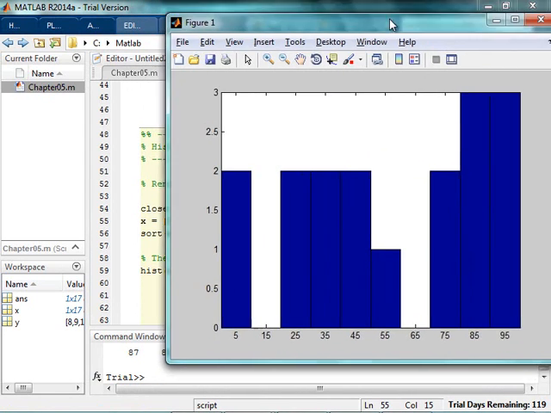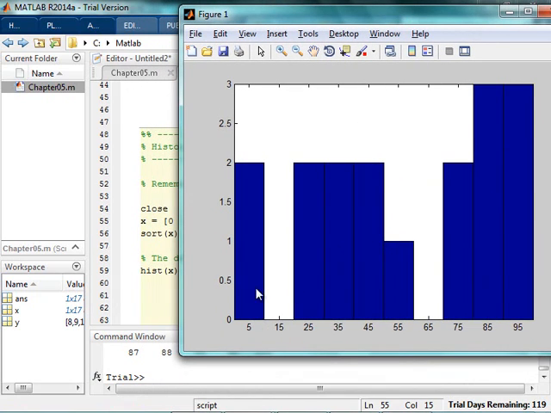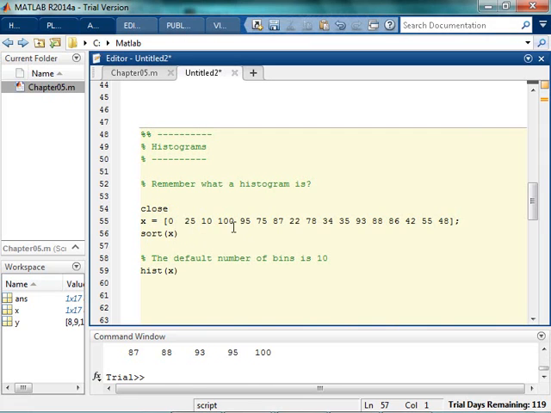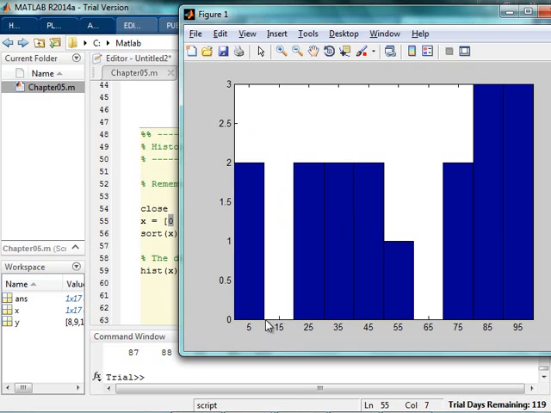You can see it's giving me a count of how many values are in each bin. This bin goes from 0 to 10, and this one is from 10 to 20. So there are 2 numbers between 0 and 10, but there are no numbers between 10 and 20.